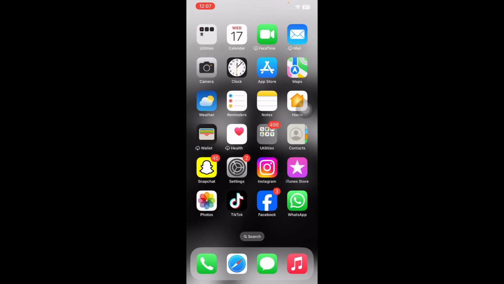So in this video I'll tell you how to fix iPhone display screen color distorted. Are you having trouble with the colors on your iPhone screen looking distorted? So you are not alone. Many iPhone users have experienced this issue. It can be a frustrating problem to deal with. Fortunately, there are some simple and effective steps that you can take to fix the issue of distorted colors